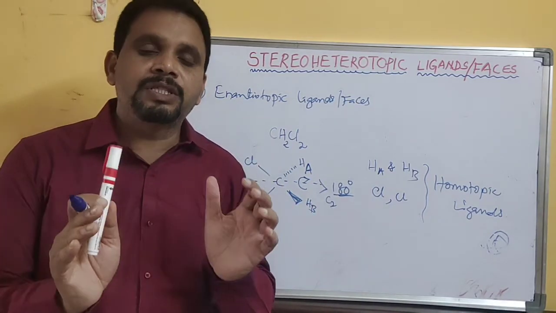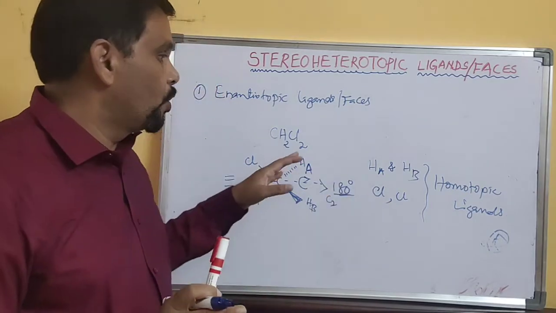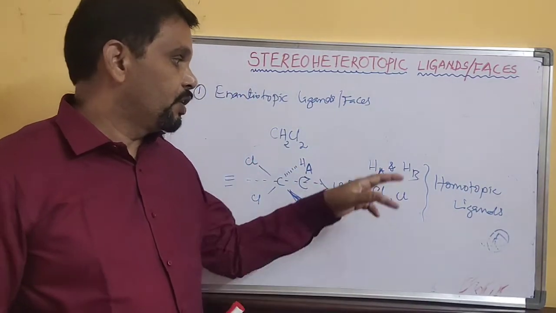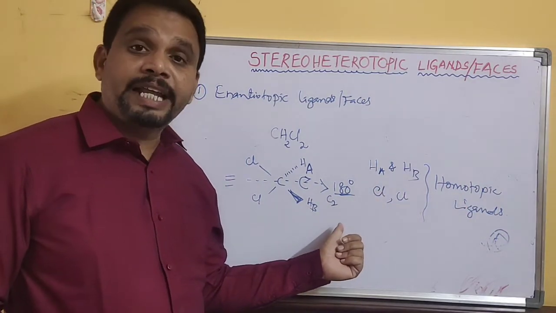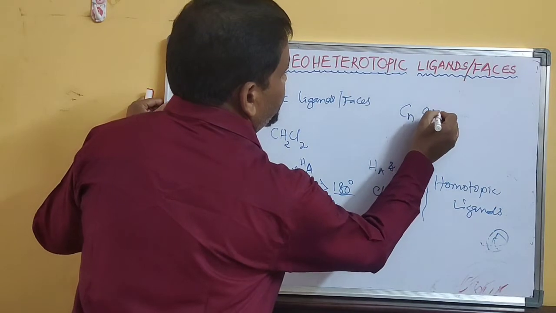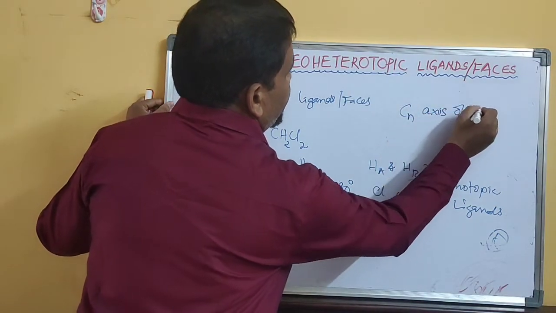So that is the slight difference between homotopic and heterotopic ligands. In homotopic ligands, the Cn axis of symmetry